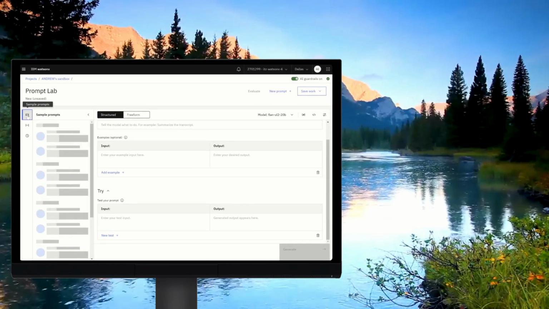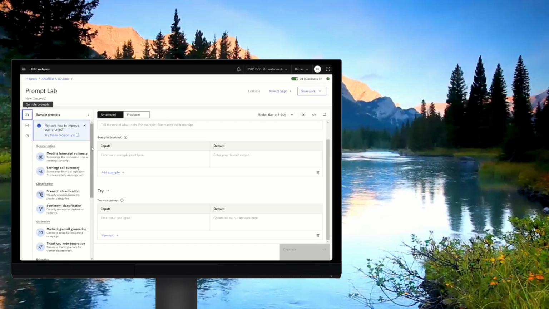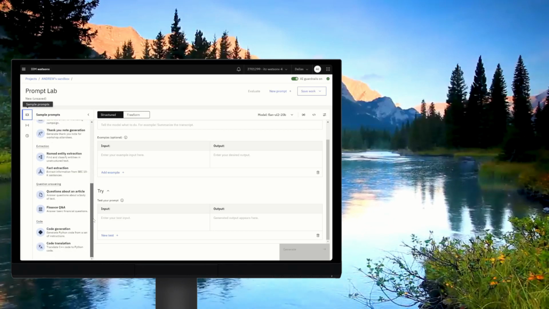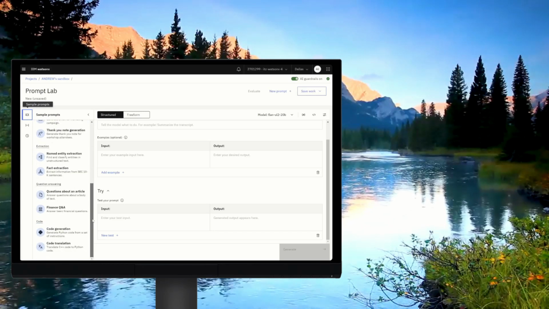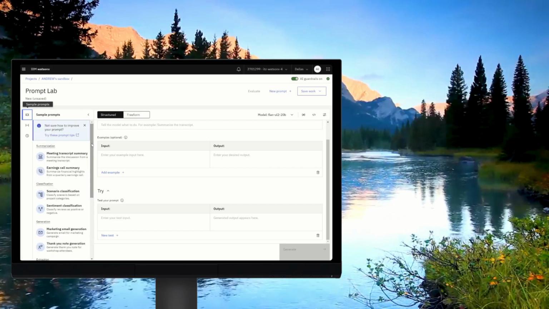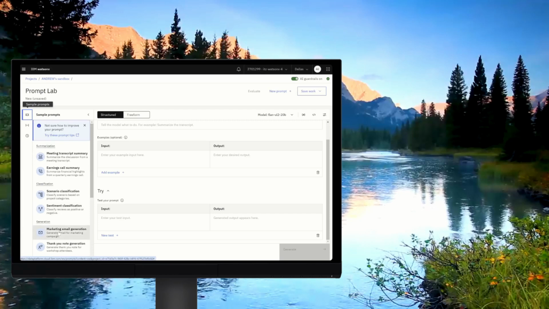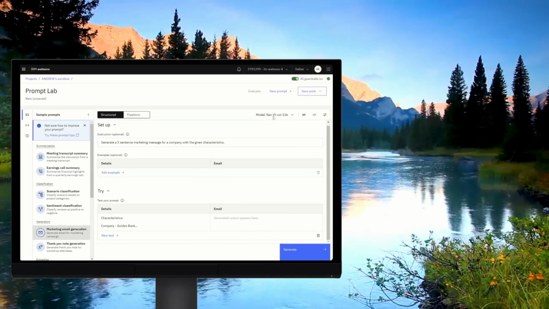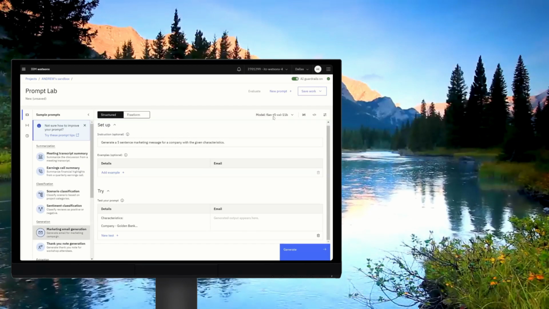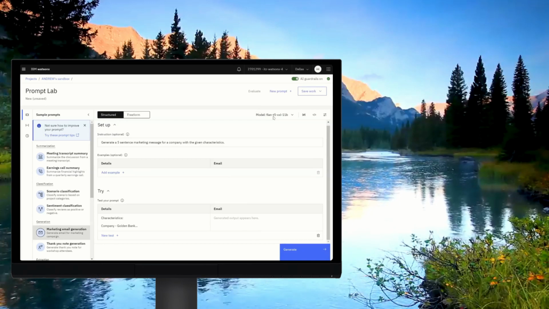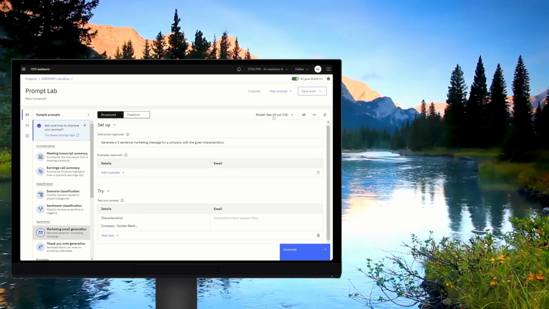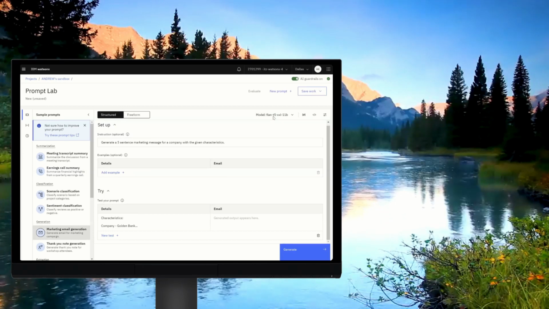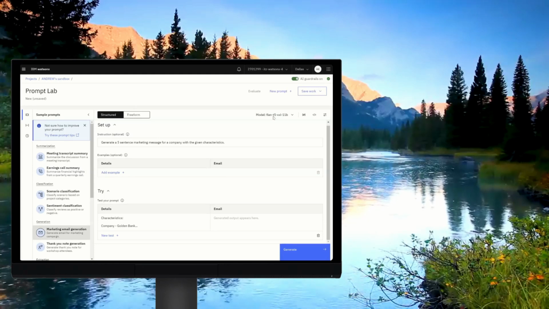Let's take a look at some of the sample prompts here. And you can see that there's a number of samples here classified by their use case, right? So we have summarization, classification, generation, extraction, question answering, code. Let's take a look at one of the generation use cases, marketing email generation. Okay, so we can immediately see that the FLAN T5 extra large 11 billion was automatically selected. This is because watsonx.ai selects the model that is most likely to provide the best performance. This selection is not a guarantee of performance, so we will actually explore different models just to see how they